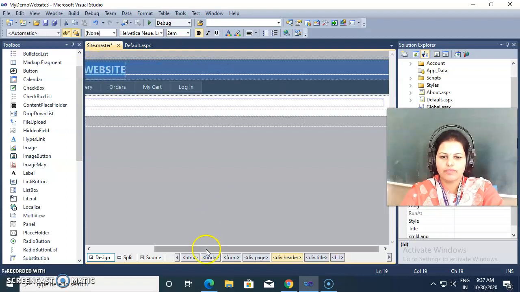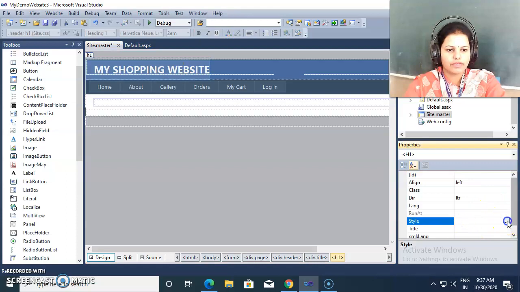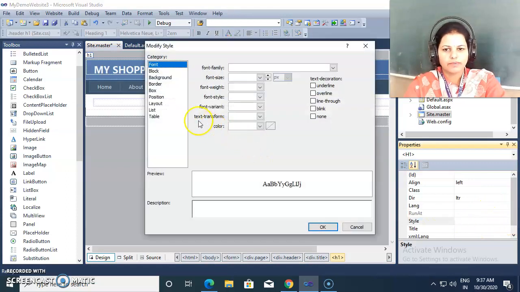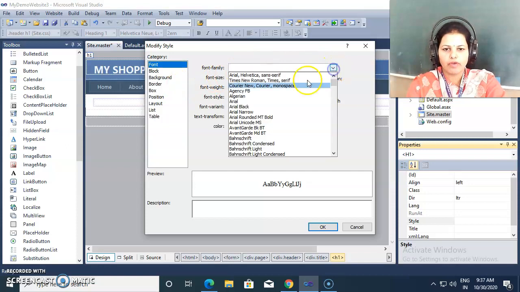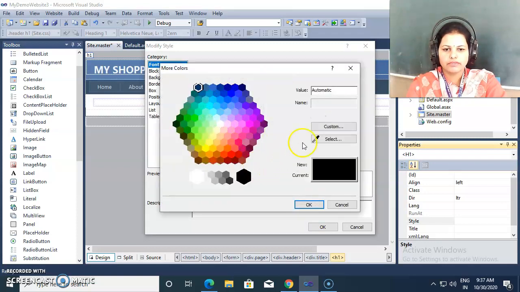Then if I want to change the style of this H1, I can go to the properties window, select this H1 and give the style as per my choice. I'm clicking on font and giving the font as Comic Sans MS, then font size as extra large, then font weight as bold, then font style as italic, font variant I don't want, and color, if I want to change, then I can change the color.